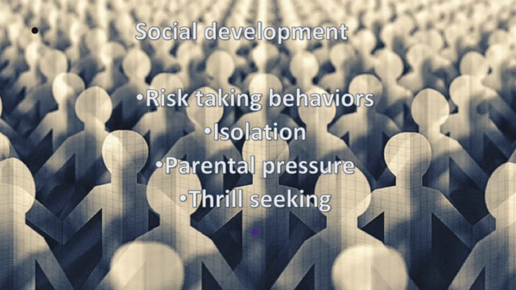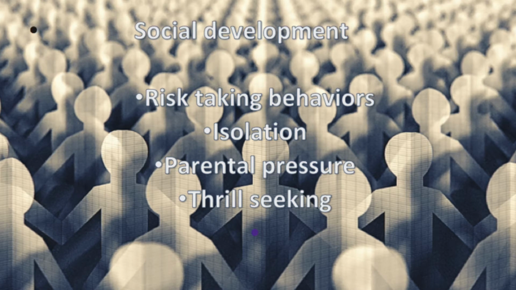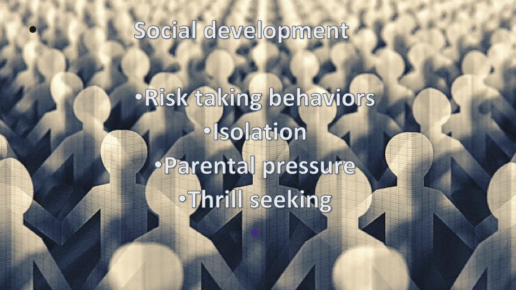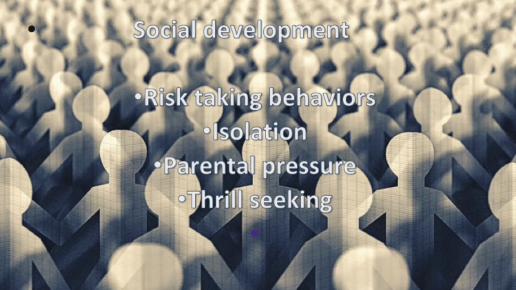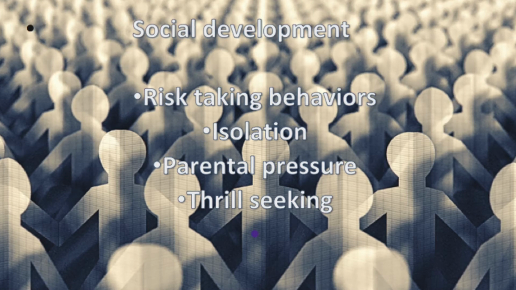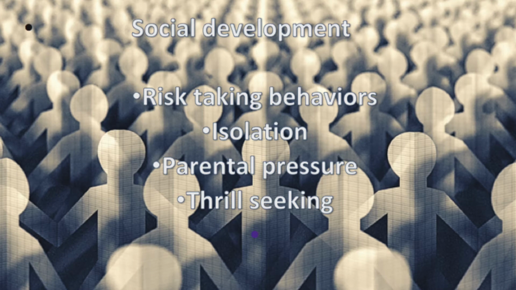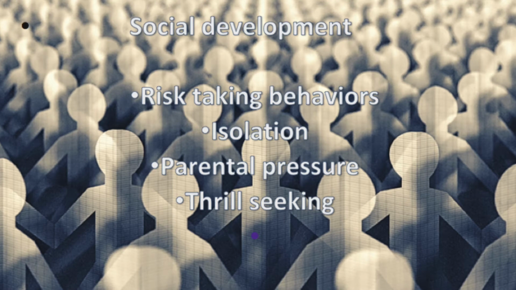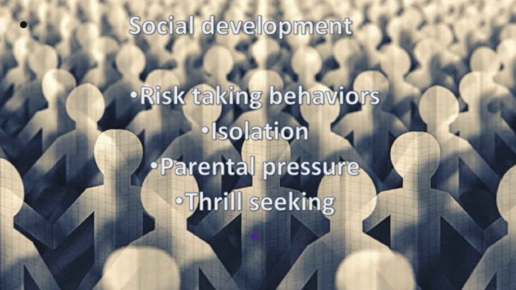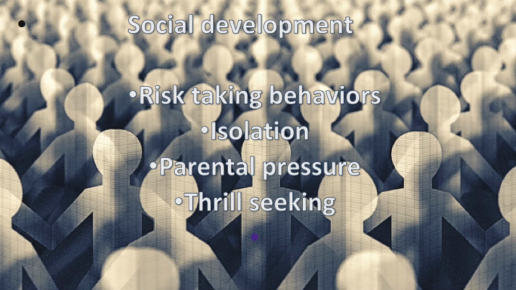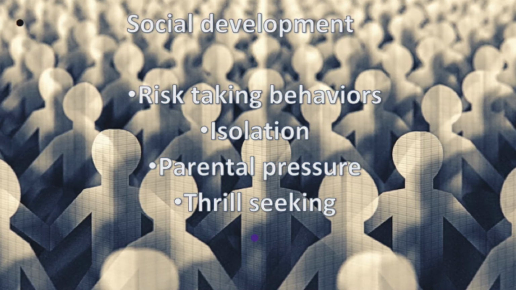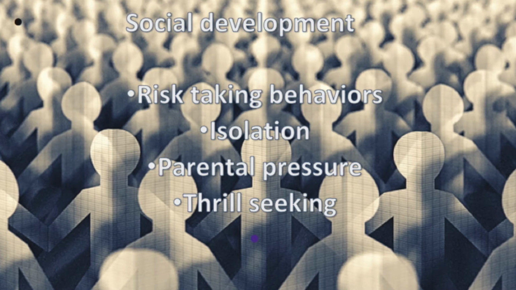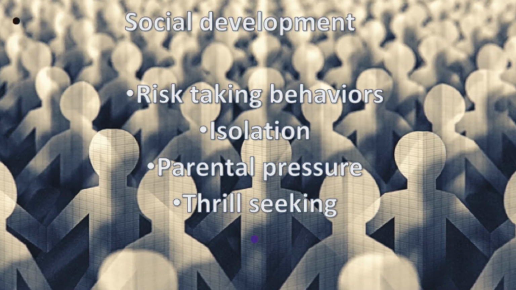Dylan has become withdrawn and is isolating himself from his peers, and this can be due to developing his own identity, and this is why he's wanting to experiment with different clothes and different friend groups and not associating with pro-social peers, thus why he may be partaking in risk-taking behaviour. So it's not uncommon for teenagers to want to experience new things, and it often involves thrill-seeking or risk-taking behaviours. So teenagers need to explore their own limits and abilities as well as their boundaries, and they want to express themselves.